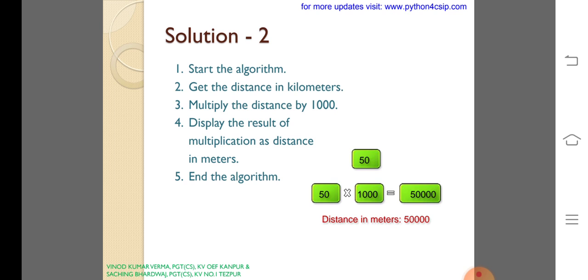You need to convert it into meters. The only thing, you should multiply with 1000. Here, you need to pass a value as a distance,